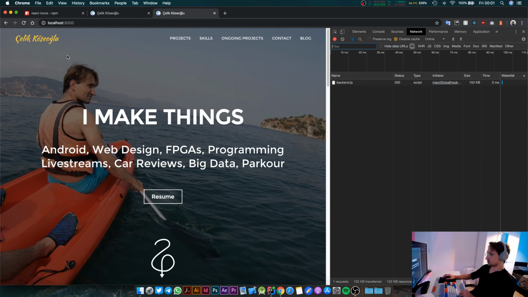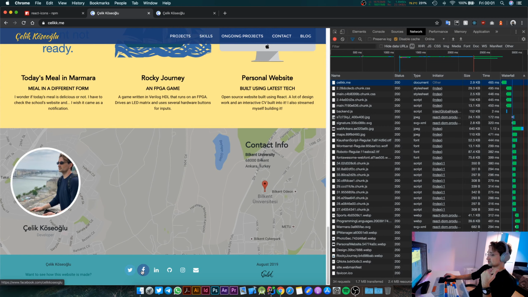And I was reading some optimization blogs somewhere, and a while back I discovered React icons. What this allows us to do is import the icons that we only need rather than importing the whole CSS file. As you can see, I'm using 6 icons on my website. These are the social media icons. And the way I use them is in